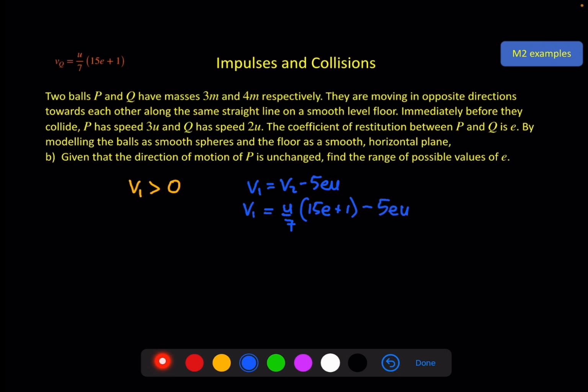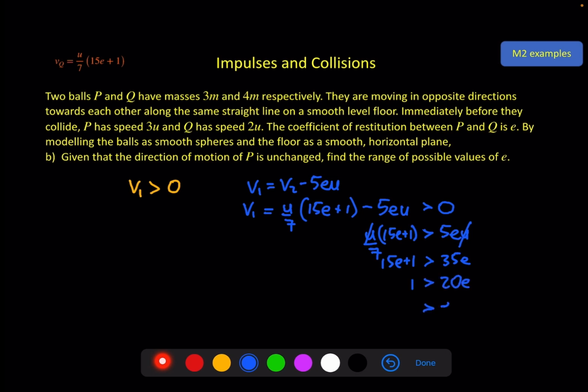And as we've noted already, this must be greater than 0. Now I can rearrange this and find the range of e. 5eu on this side, u times 15e plus 1 over 7, the u's will cancel out, take the 7 up, gives us 35e, 15e plus 1, that's 20e,